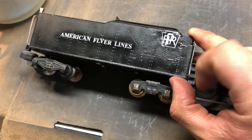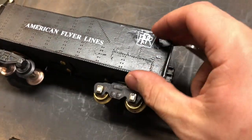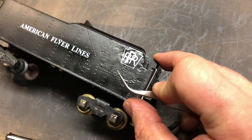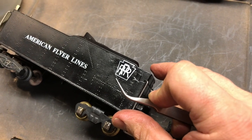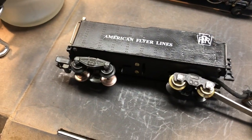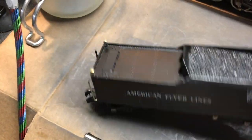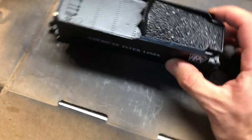Same thing here. You can see just on this line. It's hard to tip it up, but let me see if I can do both at the same time. You can see that line just to the bottom side of the PRR, the Pennsylvania Railroad, there. So those two lines, I don't know why those showed up the way they did, but they did. But anyway, the coat really looks nice, and I learned a few lessons in doing that, and got the rest of it a good once over again, just to try to preserve the paint underneath,